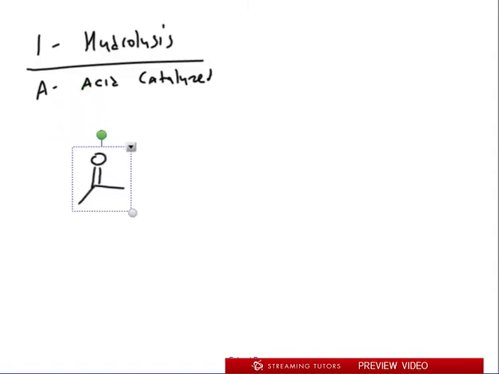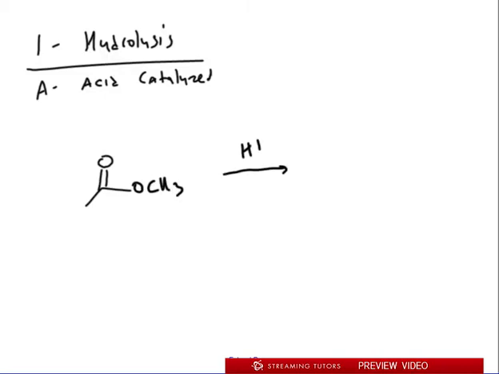Okay, so what that means is obviously we have an ester, let's say OCH3, make it simple, and we're going to add acid to it. So H+, it could be H3O+, H2SO4, any acid that we can think of, relatively strong, right? H+ is always the same thing. It's either H3O+, which is always what you think of by default, H2SO4, HCl or HBr, HI, something like that. Actually, let's say HI, that's a little bit stronger than HCl, but it could be HCl, okay? Also, it could be things like